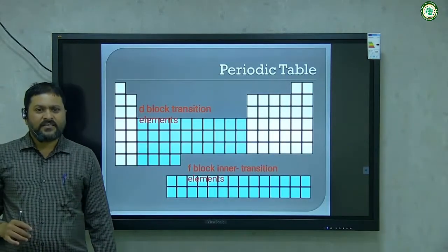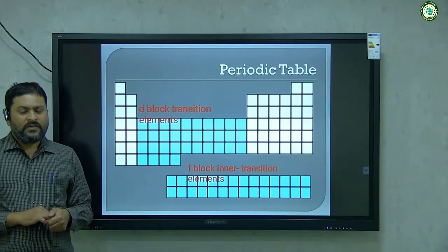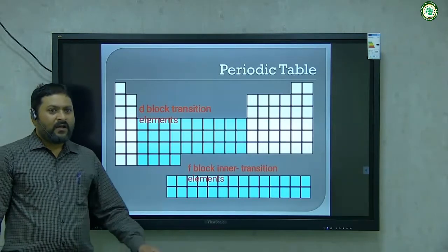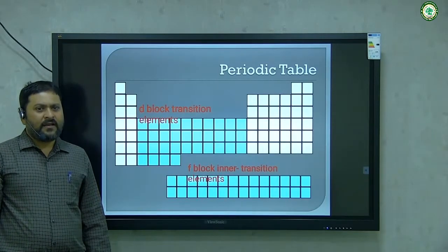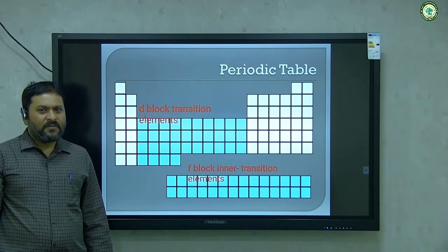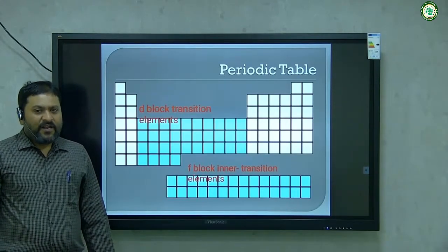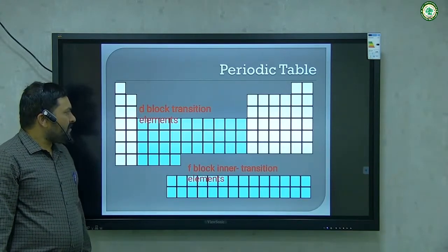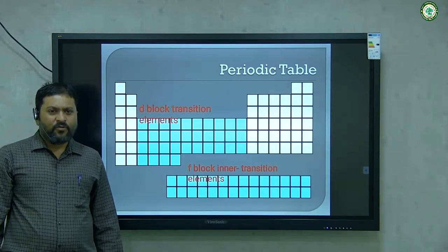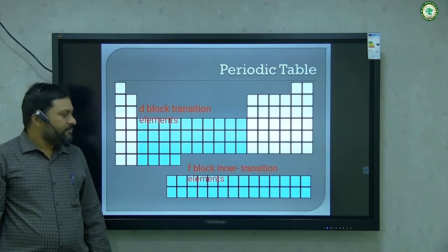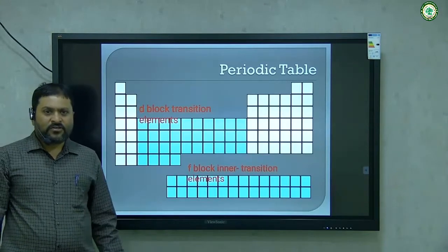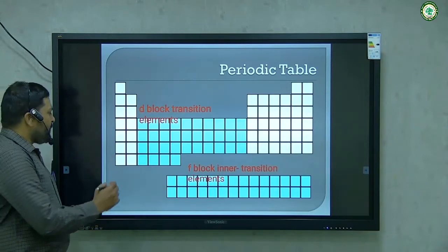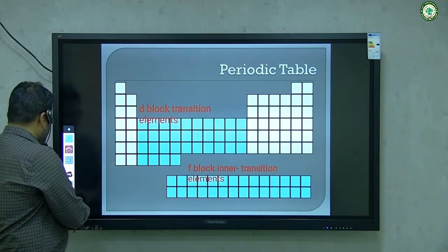First, while studying this topic, we have to know the detailed information regarding the periodic table. We have already studied in the 11th standard, and in 9th and 10th standard, the details about the periodic table. In the periodic table there are near about 118 elements, which are classified or put forward in four blocks, and we know that first of all, to the extreme left hand side,